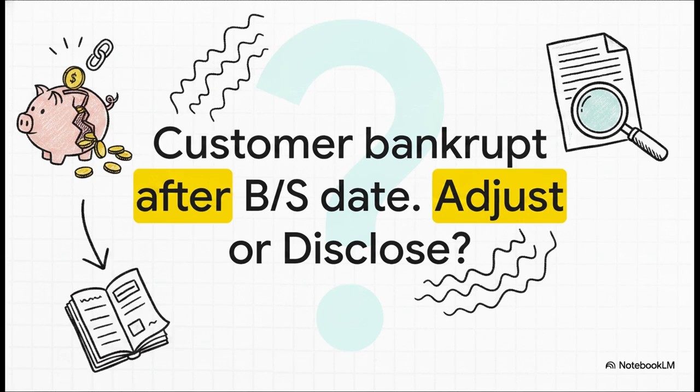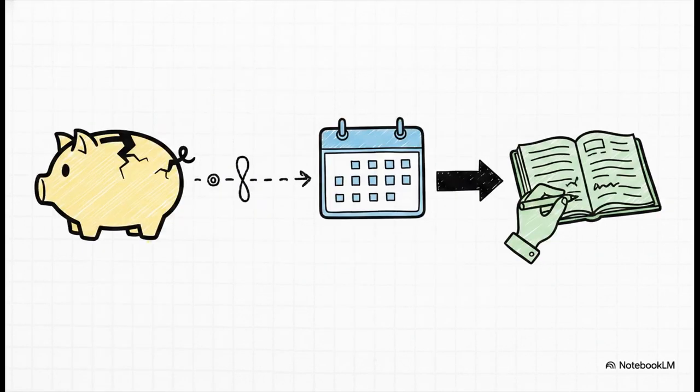But you actually know their financial difficulty existed well before the year end. How do you treat this bankrupt customer? Do you adjust the statements or just disclose the event? You must adjust the financials. Why? Because that official insolvency is really just the final nail in the coffin, providing solid evidence that the debtor was already impaired at year end. The core condition, their terrible financial health, already existed on the balance sheet date, so boom, it's an adjusting event and you've got to reduce your receivables accordingly.